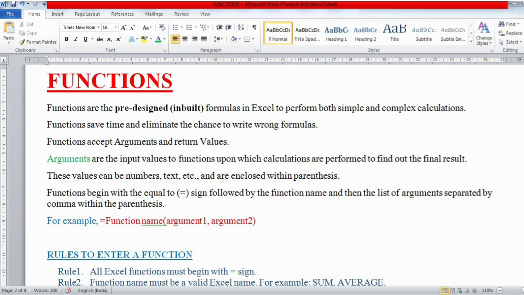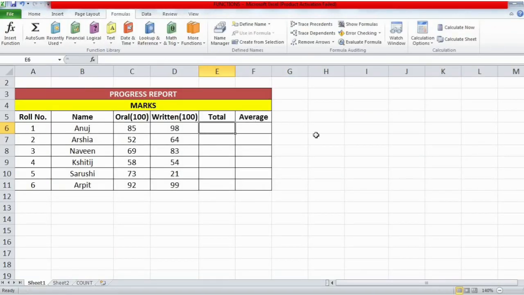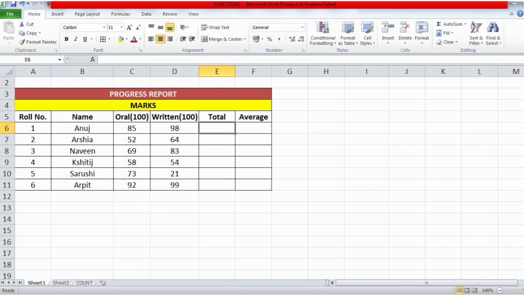For example, I'll show you a simple function. Suppose I want to calculate the sum of these two values over here. Using functions, I want the total over here. These two are numbers, so I'll come to the cell where I want the total, go to the button for the sum function, and then write the range.